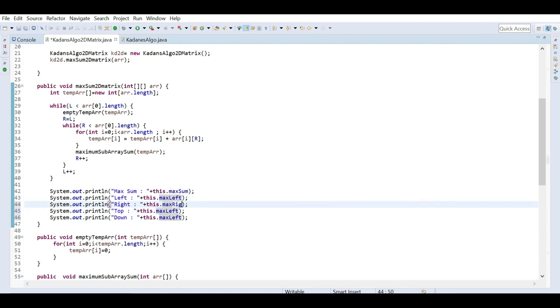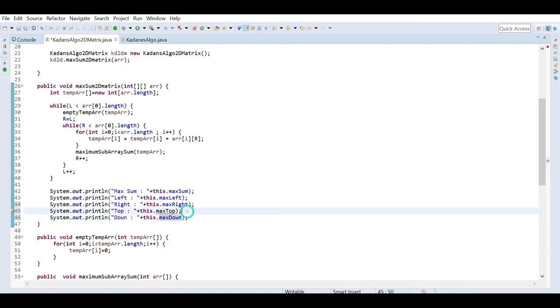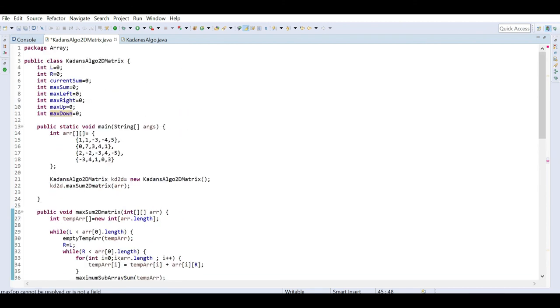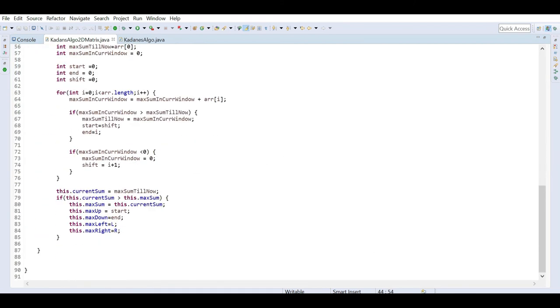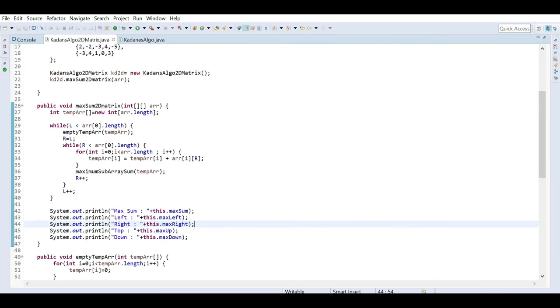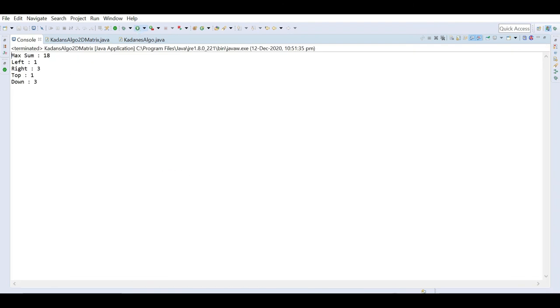So it will be right, it will be top, it will be down. If the name is different, max up actually it is. Okay. Yeah. So now we have to run this program and check if it is working or not.